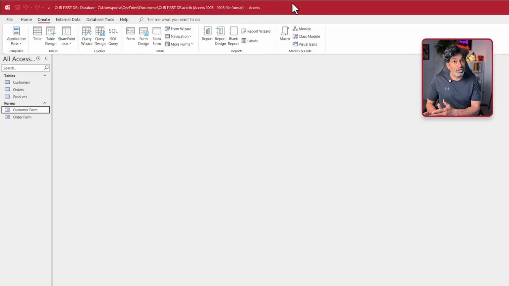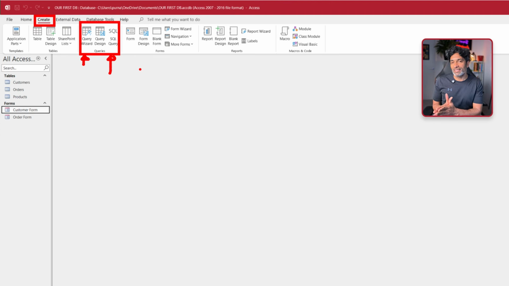Before we learn about reports, it's a good idea to first understand queries a bit more. So let's use the queries feature first in the create ribbon and build our very first query. Access offers multiple ways to write queries. You can use SQL directly if you are familiar with SQL and write the query. But you can also use the query wizard, which is a really simple and powerful tool to build queries that ask